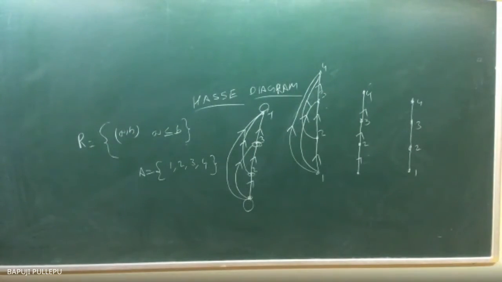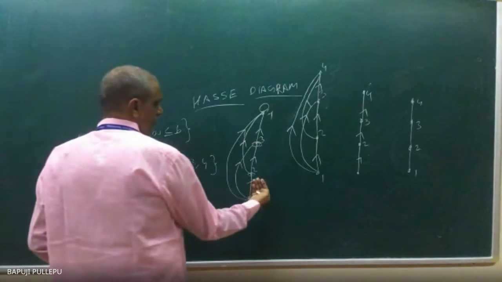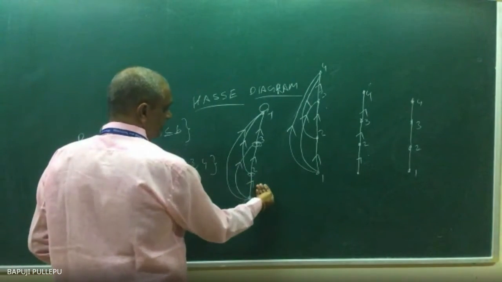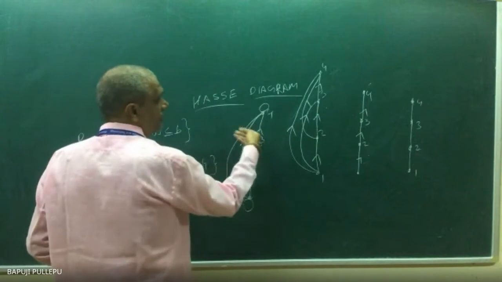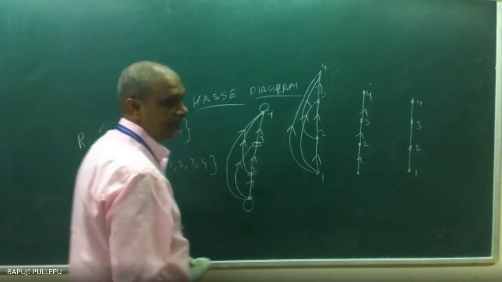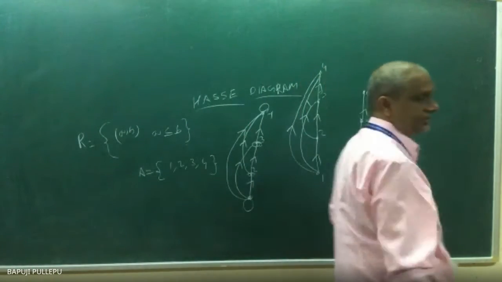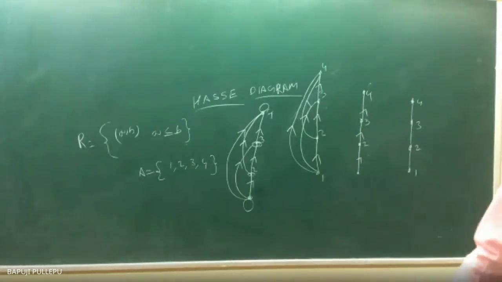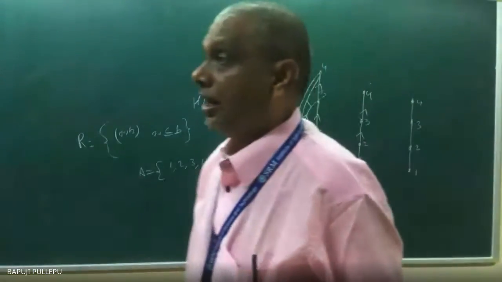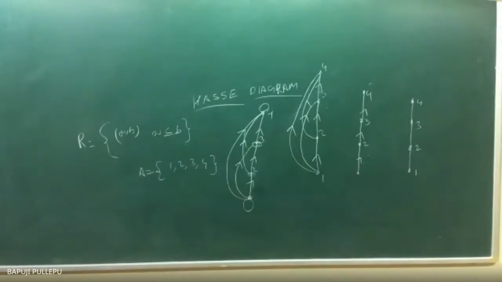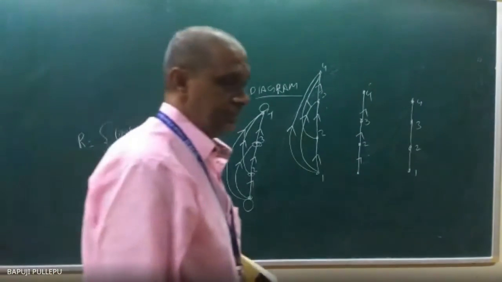Partial order. So actually, if they ask for a directed graph, you have to show all these things. But if they ask for a Hasse diagram, this one thing is enough. Getting it or not? Yesterday in one class I gave 1, 2, 3, 4, 5, 6, 8 or something. That problem you can also check out.